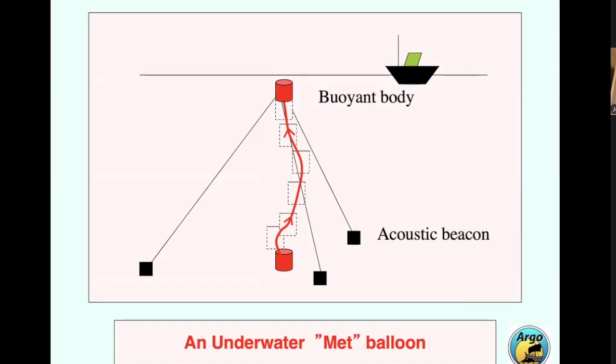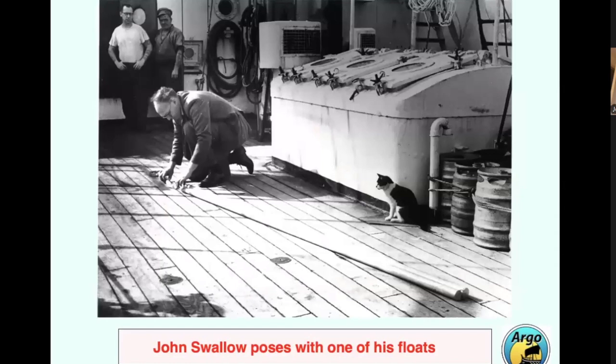within the space of about 6 months, John Swallow had built a few of these instruments, costing very little. The Institute had very little money in those days, so here he is, a posed photograph with one of those early buoys, and what it looks like is two lengths of scaffolding tubing, and that's exactly what it was. Two lengths of scaffolding tube bound together with end caps to close them,